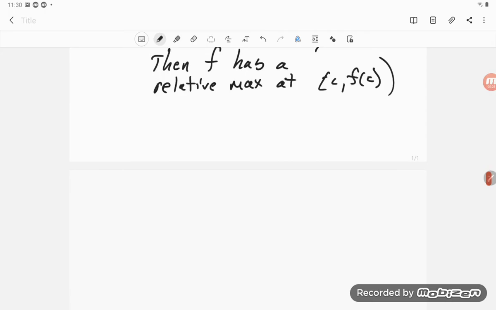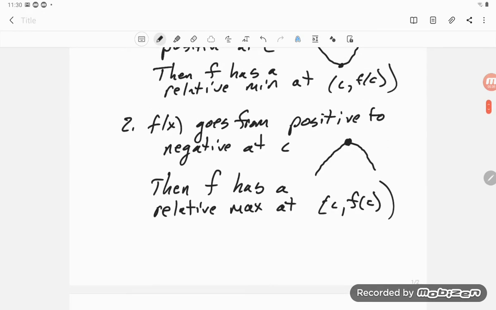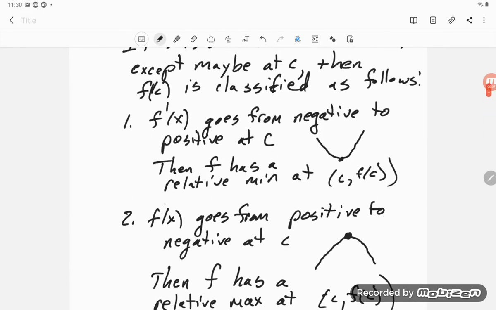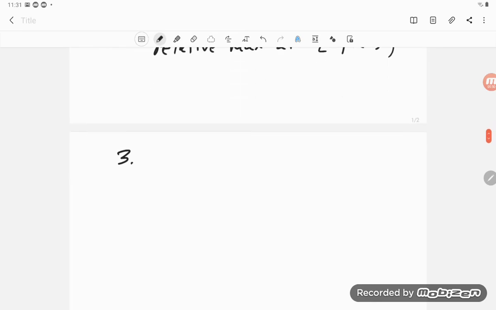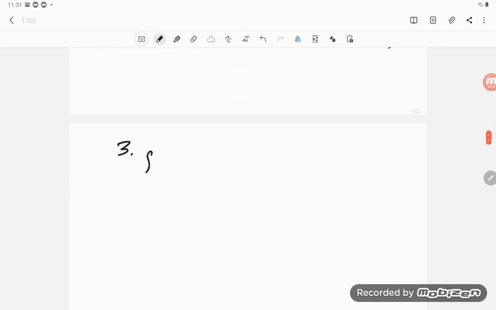And then finally, it could be that, sorry about that, I just started thinking, did I say f or f prime? I said f prime, the derivative, right? And here, f prime, the derivative, goes from positive to negative. And then finally, f prime of x